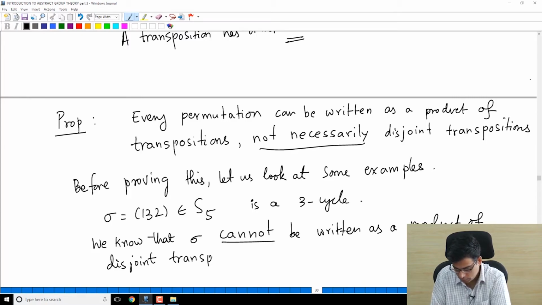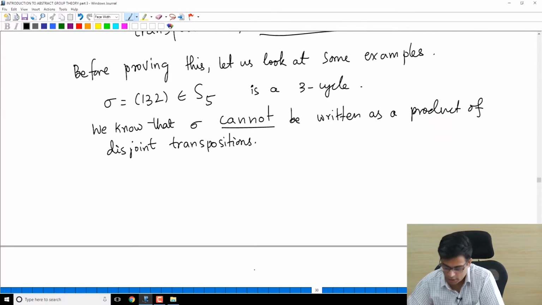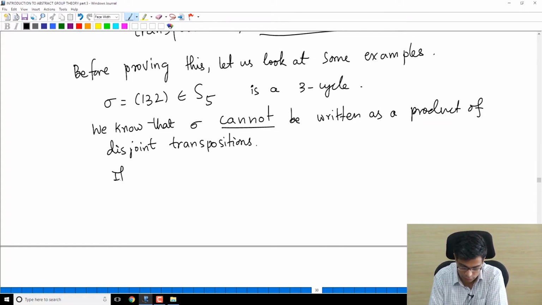Why? Why can't it be written as a product of disjoint transpositions? Suppose it can be written. So if sigma is sigma 1, sigma 2, up to sigma k,